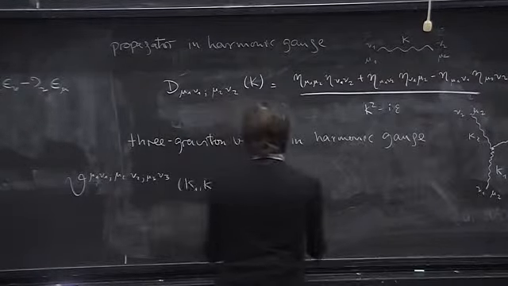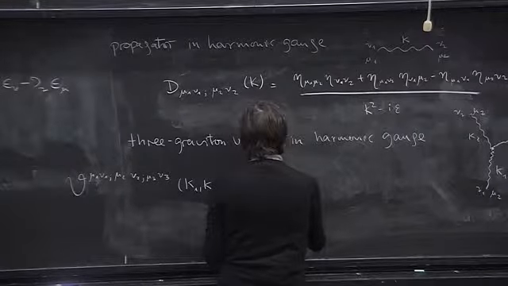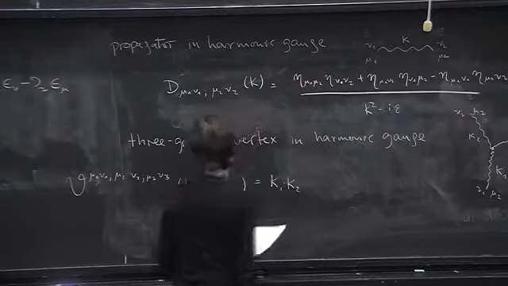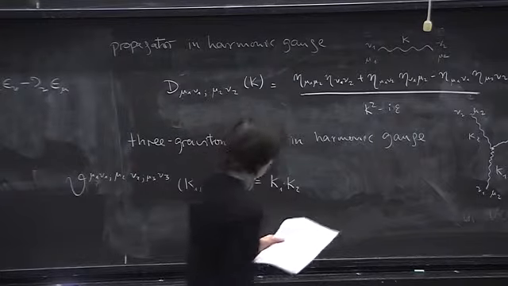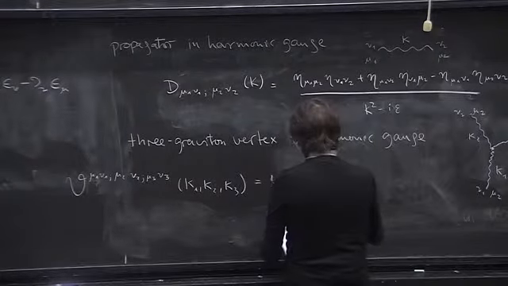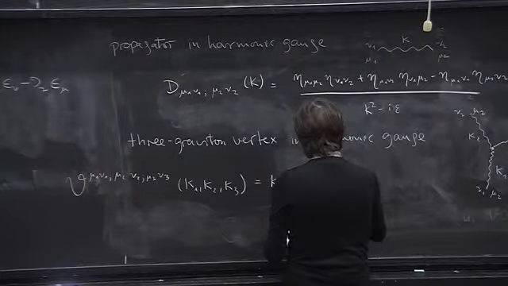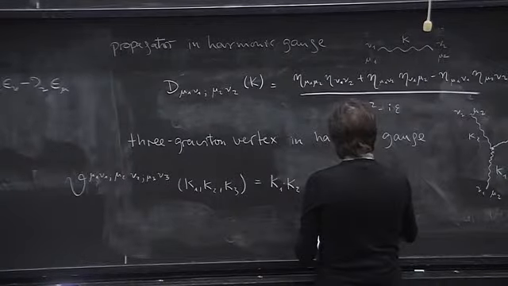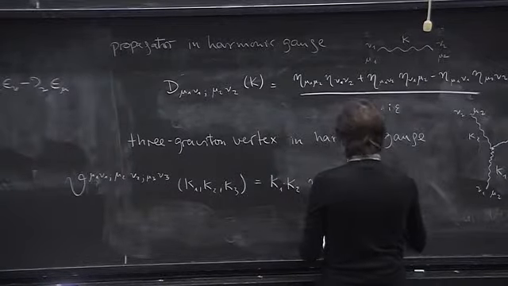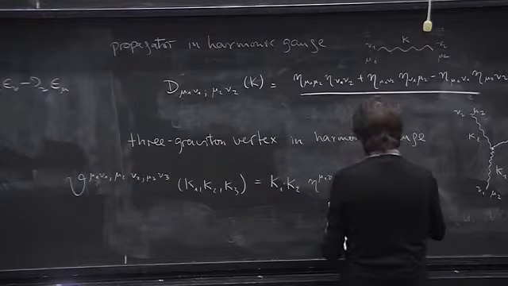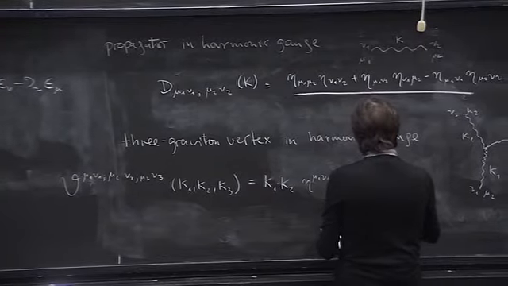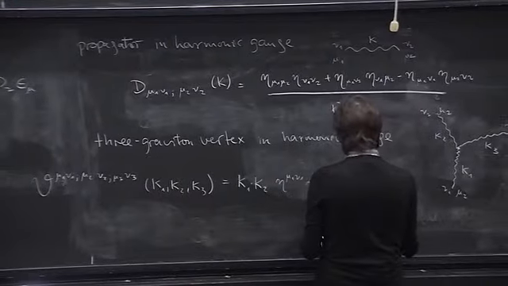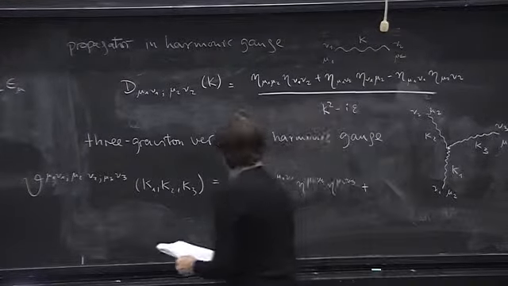And now here we go. k1 scalar product k2, and now we have a bunch of etas, eta mu1 nu1, eta mu2 nu2, eta mu3 nu3, plus